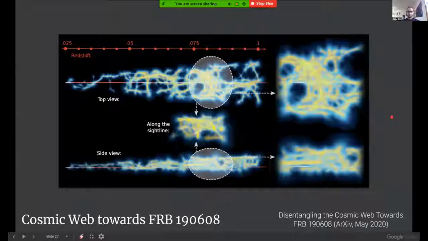There is another paper that we wrote more recently, where we detect the cosmic web structures towards a particularly strong source of radiation called a fast radio burst, which are very fast pulses of radiation emitted omnidirectionally into the universe. We've been able to find the structure of the cosmic web between us, on the left side here, and the source of this signal, on the right, and show that this signal interacts with the cosmic web, that we are able to find and measure this interaction, and that it pretty much matches the reality.